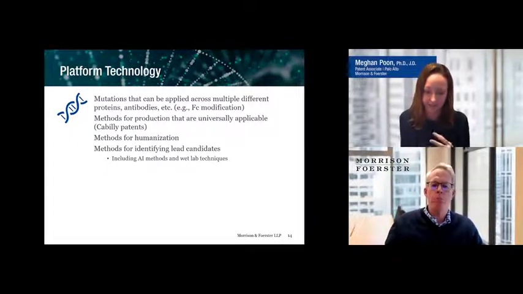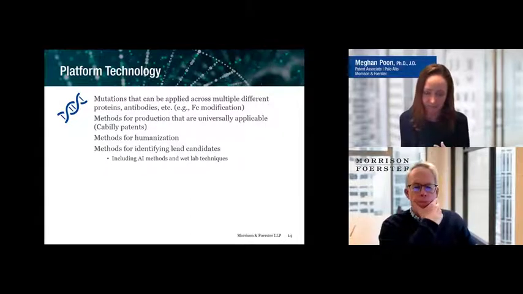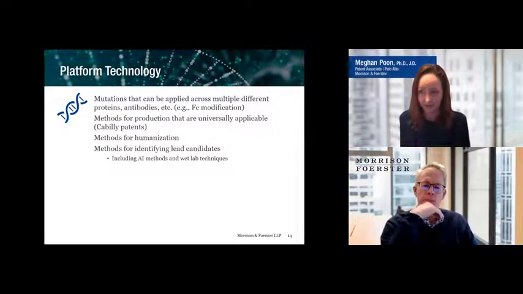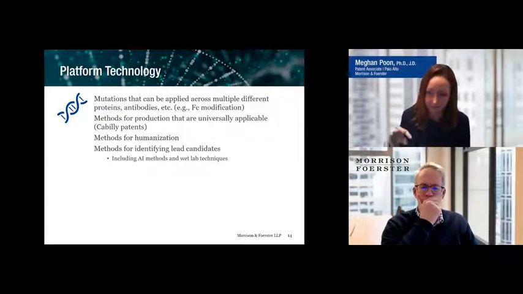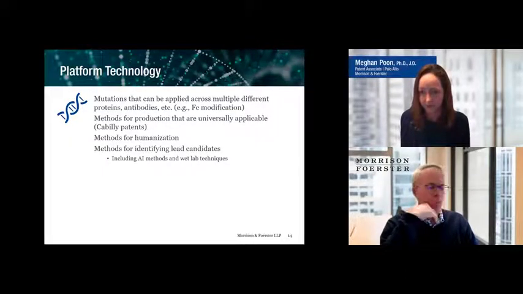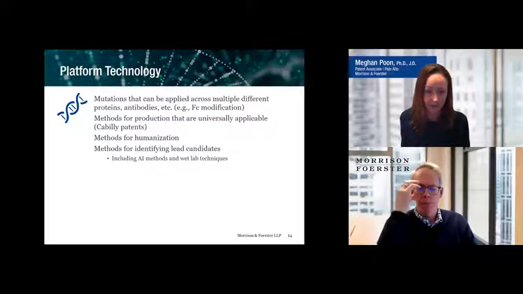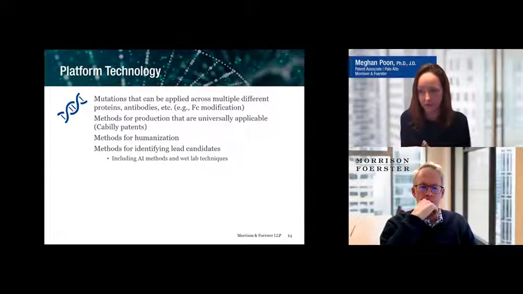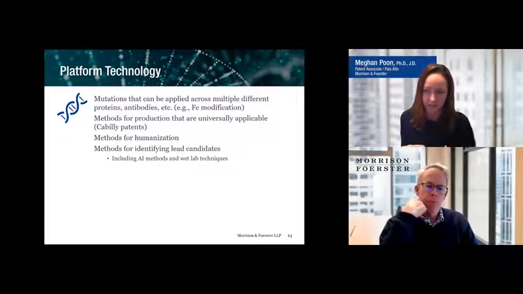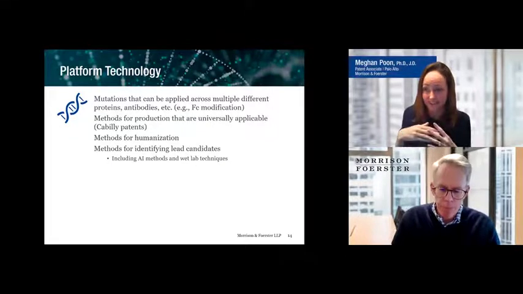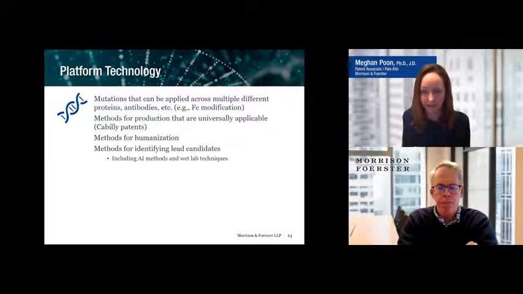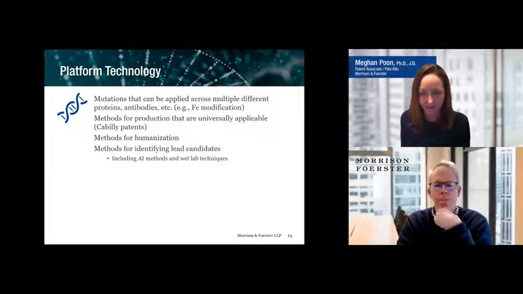And obviousness type double patenting also has an interesting wrinkle in that you can file a terminal disclaimer over your previous patent, right? So if you are not able to establish that your second generation formulation claims are patentably distinct from your first generation claims, you can file a terminal disclaimer in the United States, but that'll reduce the term. So we really try not to do that because, as we talked about, one of the key features of these second and third generation cases is that you're able to extend the patent coverage of your product over time. So you want to avoid having to do that.